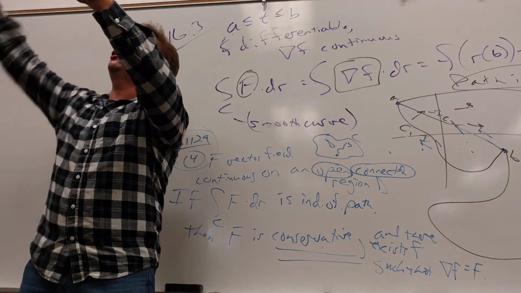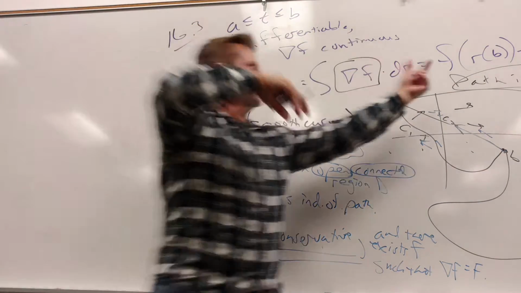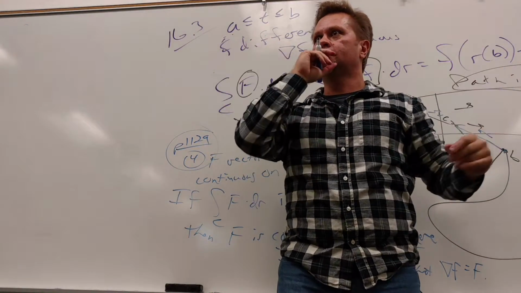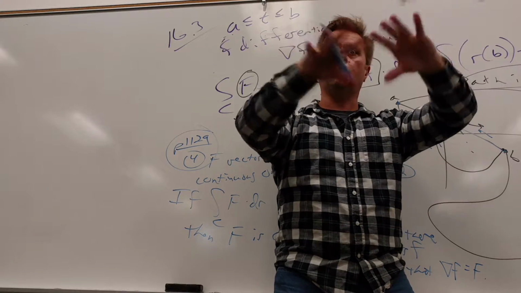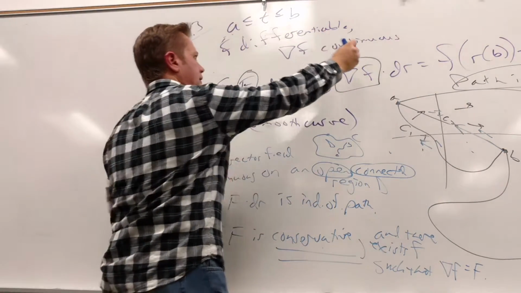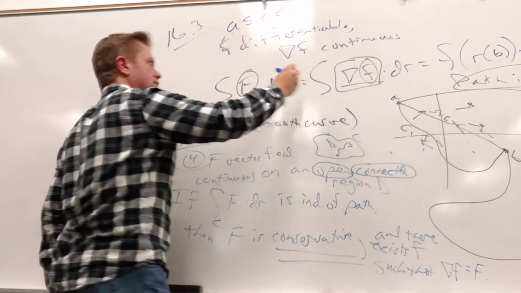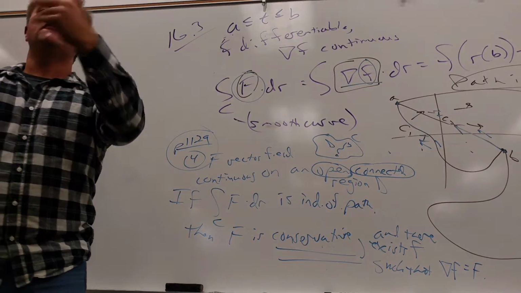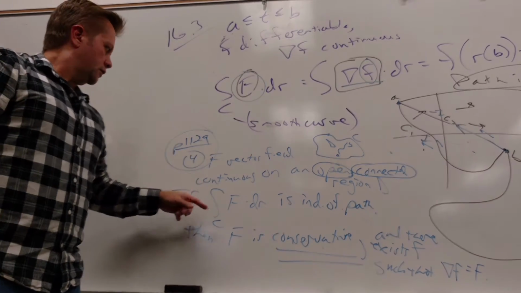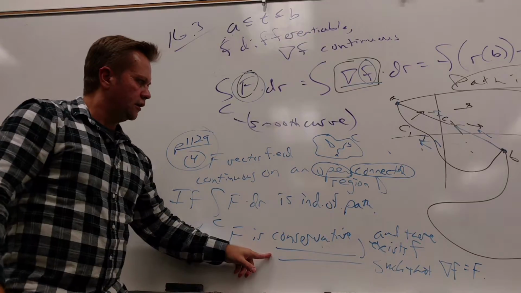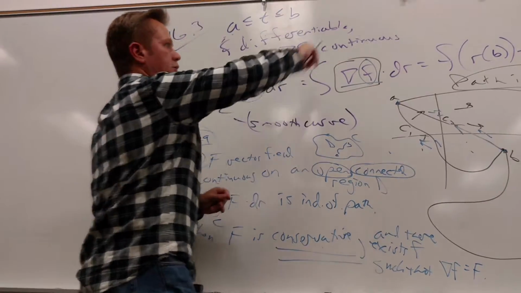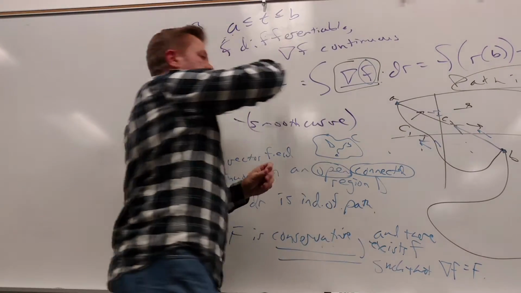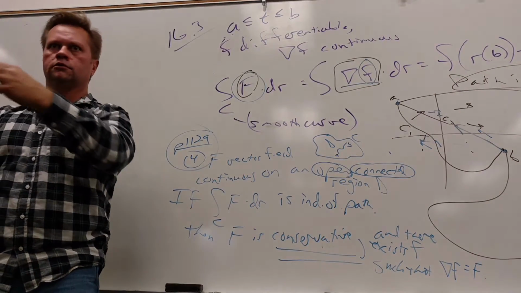That's going to be true for any closed loop. And you can see it from here, of course. If B equals A, then this is 0. Right? You guys kind of with me now? Again, what lets that happen is that there exists an F that when the gradient is taken of it, I get big F. So it goes both ways. It's an if and only if situation. This vector field is conservative if and only if the integral is equal to 0. I can evaluate this at the endpoints if and only if F is conservative. They all go together.